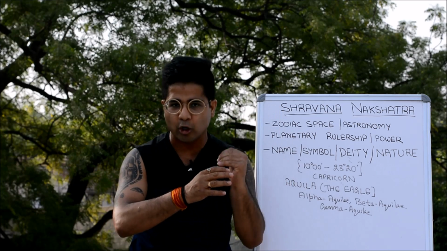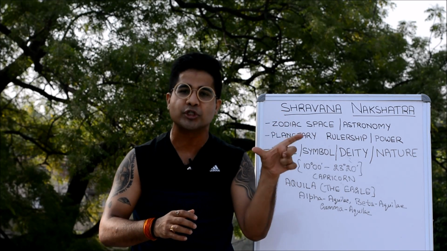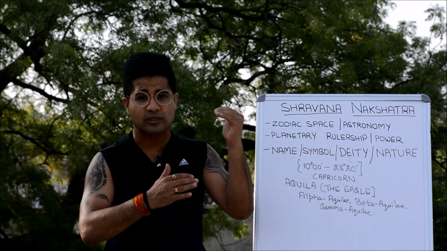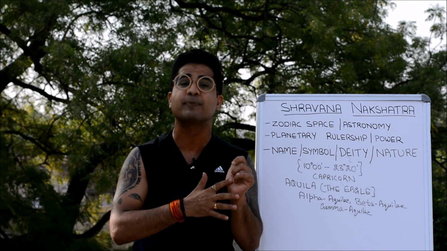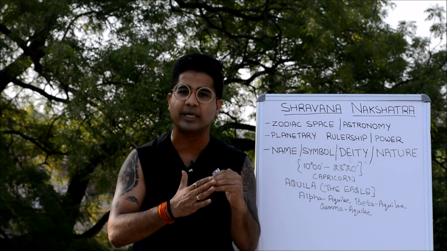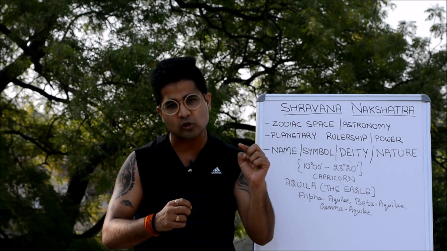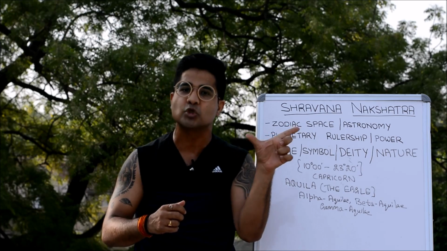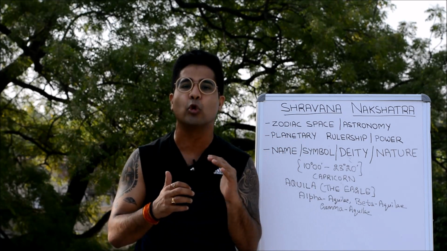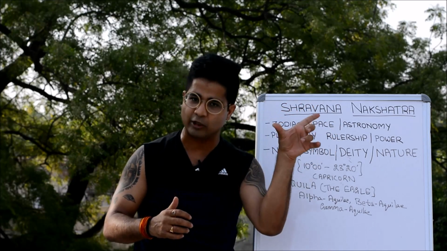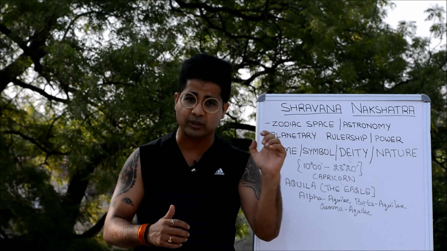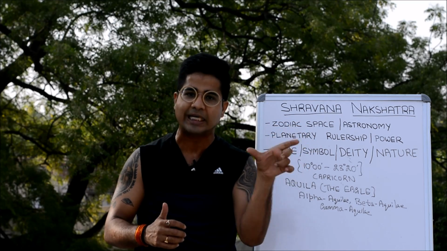All of that was taking place under the rulership of King Bali. Bali, who was under the guidance of his preceptor Shukracharya, was gaining power, spreading his domain in the whole world. He was also on the verge of conducting a ritual which would have made him invincible in this whole world. So the gods got scared. They went to Lord Vishnu for help. Lord Vishnu assured them that he would restore the balance in the universe.